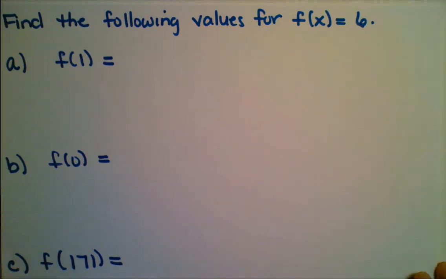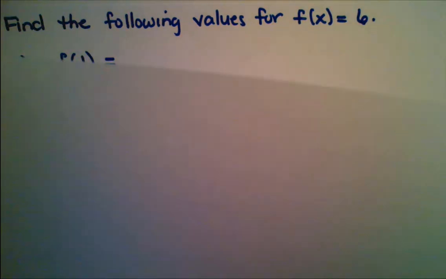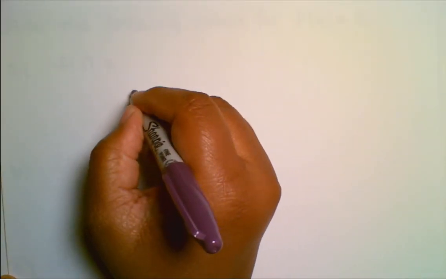Next example. It says find the following value for f of x is equal to 6. So let me talk a little bit about the function, whenever you see f of x equaling some number, or you're given f of negative 12. Let's go back to one of the solutions from the last example that we covered. I want to say example B, where you had g of negative 1